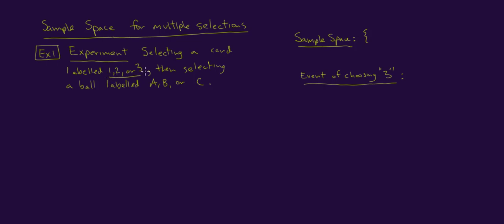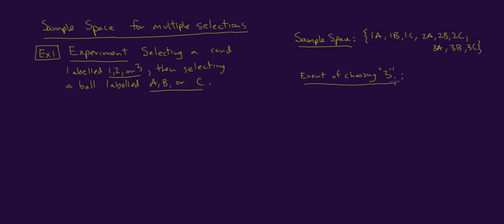Since there's 3 options in the first case and 3 in the second, the multiplication principle says there's going to be a total of 9 possibilities. So to represent those possibilities of picking a card and then a ball with a number and then a letter, let's go 1A, 1B, 1C, 2A, 2B, 2C, 3A, 3B, and 3C. And this would be the 9 events of every one of the numbers being matched with one of the possible